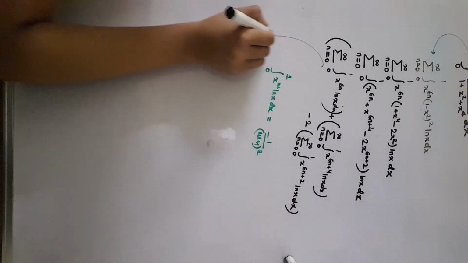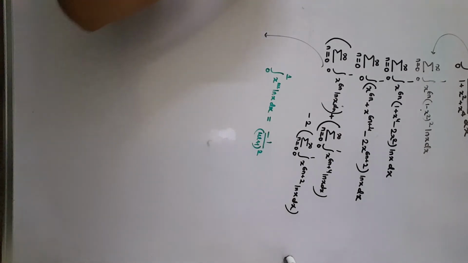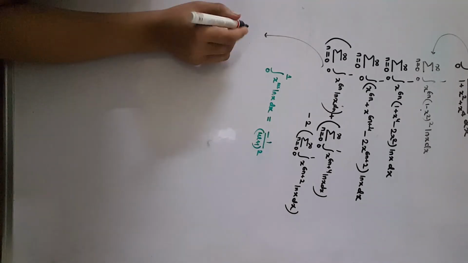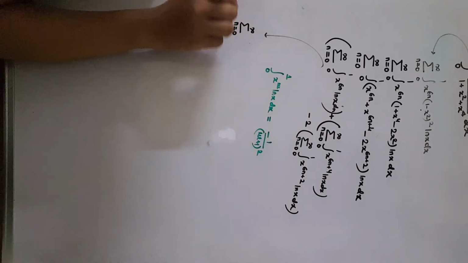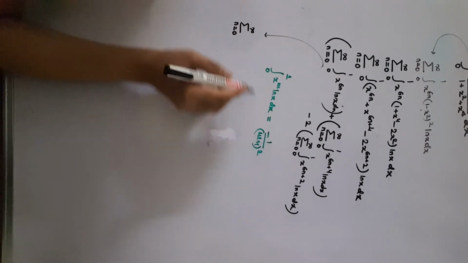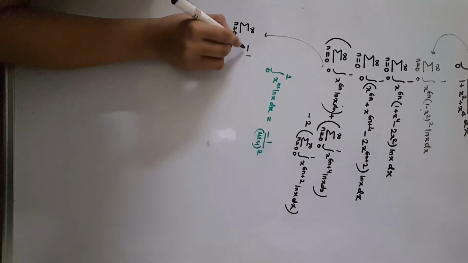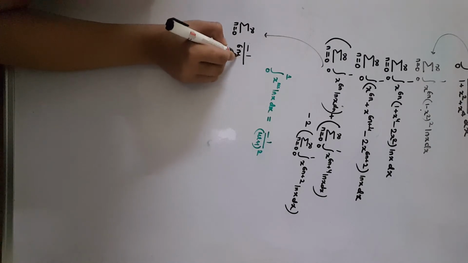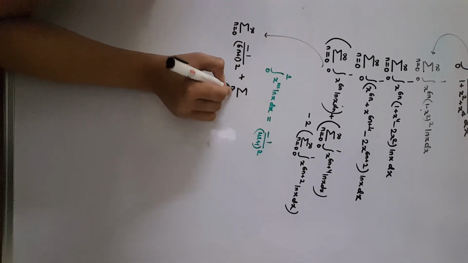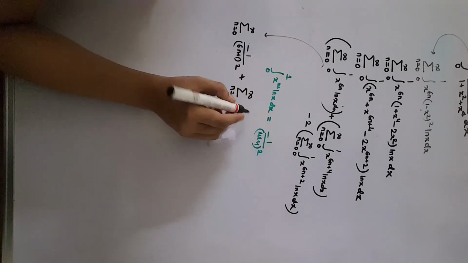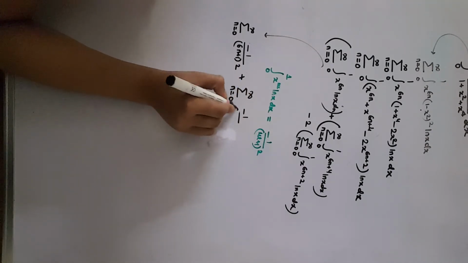So now I can write them as integration from n is equal to 0 to infinity. It is simply m plus 1 to the whole square, so I can write it as minus 1 divided by 6n plus 1 whole square plus summation of n is equal to 0 to infinity of minus 1 divided by 6n plus 5 whole square